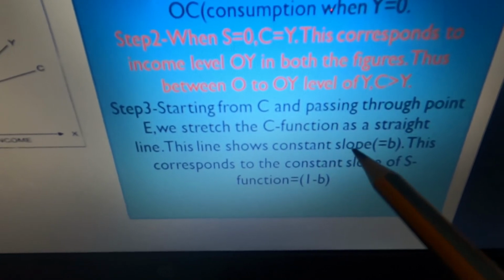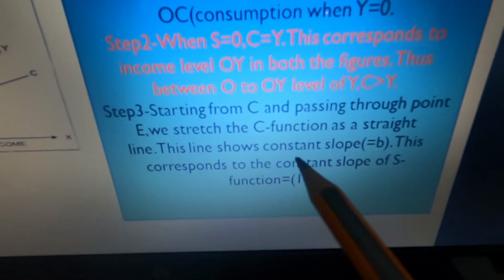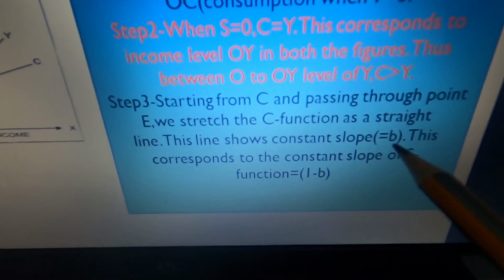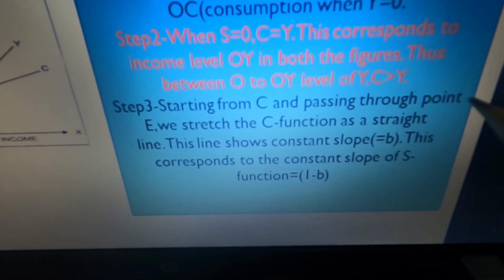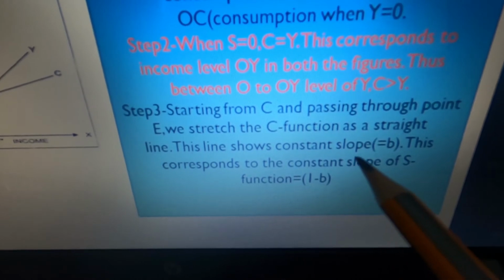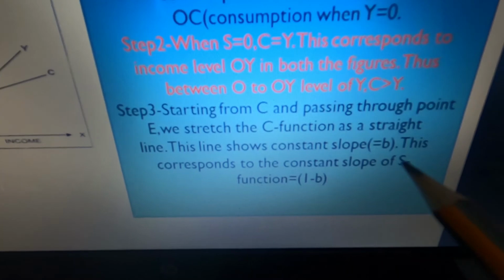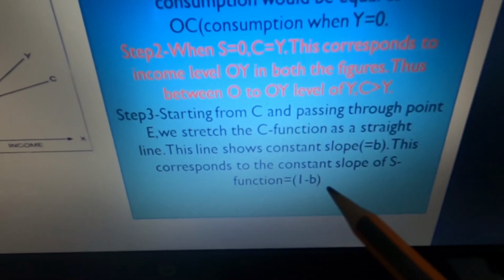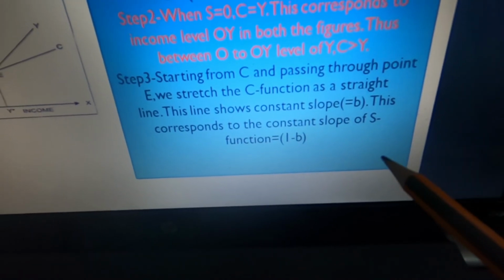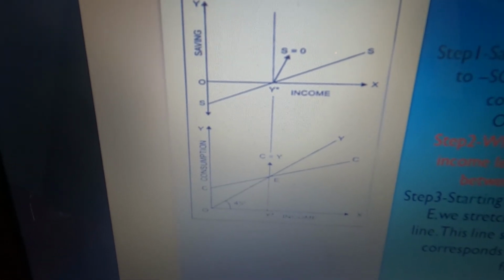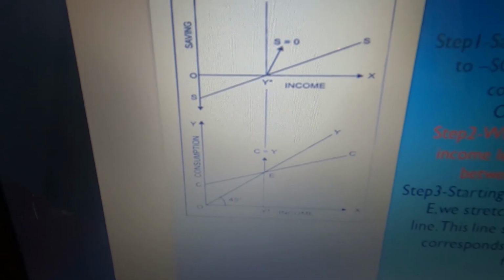MPC. Remember, MPC is the marginal propensity to consume, right? It is equal to B. It is given here, B. So B is MPC here, right? So the slope of the C function will remain constant. This we have seen, okay? And also it is a straight line. Next one. This corresponds to the constant slope of the S function, the saving function. Similarly, the slope of the saving function is also a constant slope because of